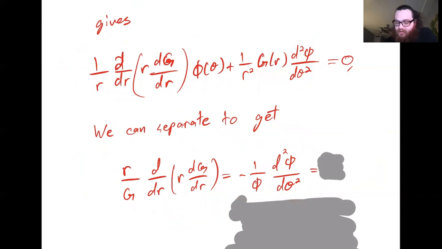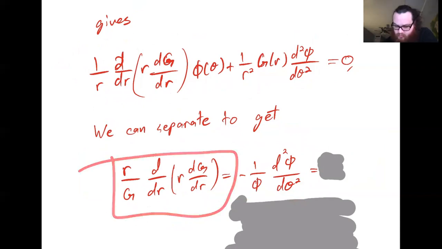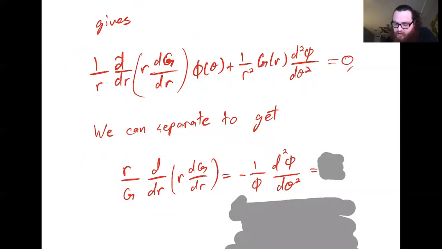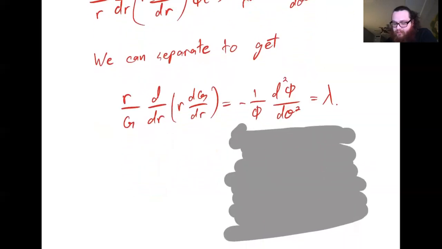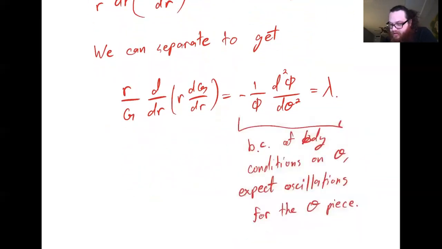And the observation is, well, here, right, here, things only depend on r. Okay? Over here, things only depend on theta. So kind of as before, both sides are equal to some constant, which we'll write as lambda. Okay, so we'll keep lambda positive here. And the thinking is, well,